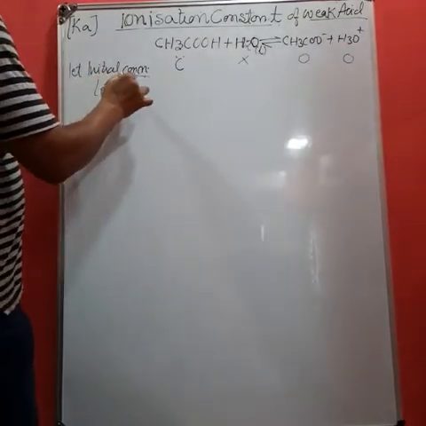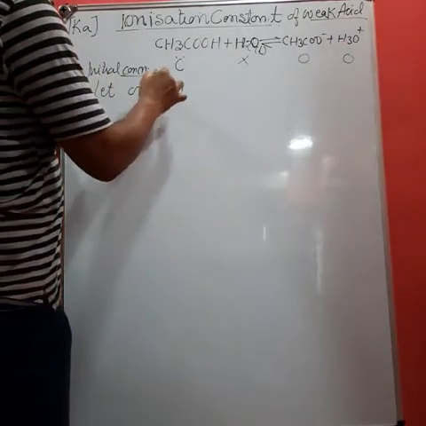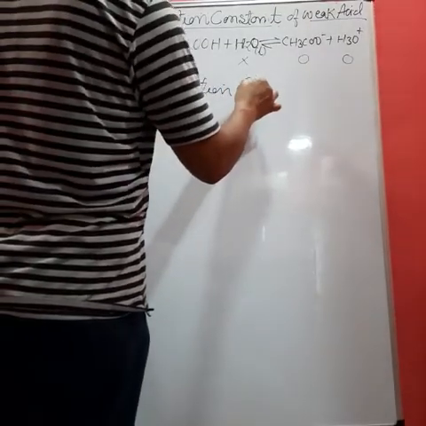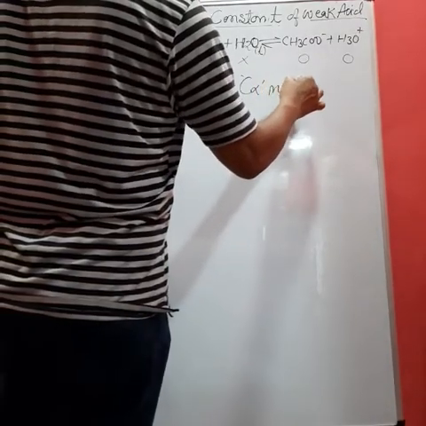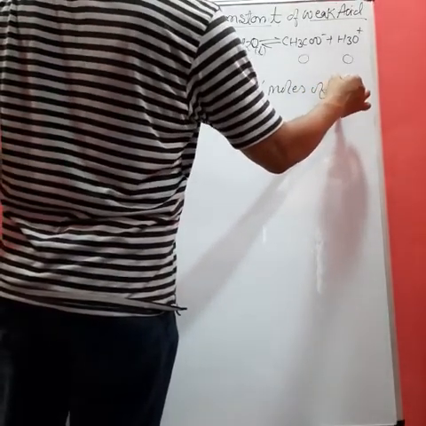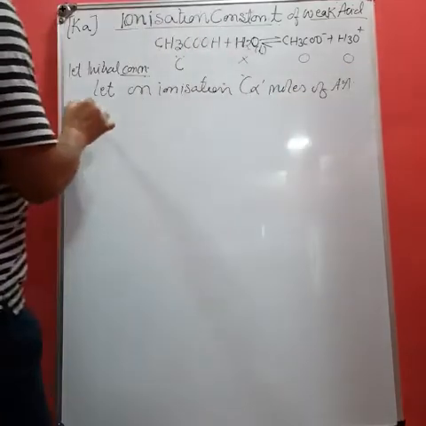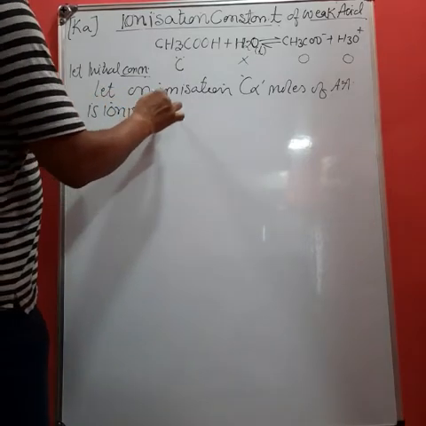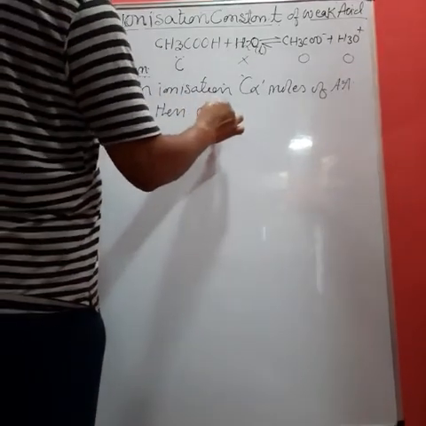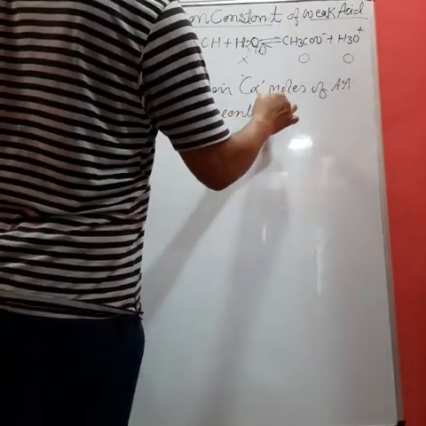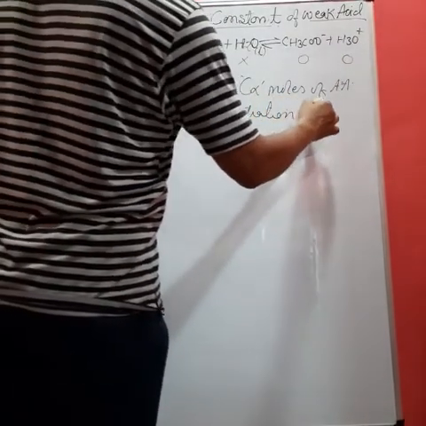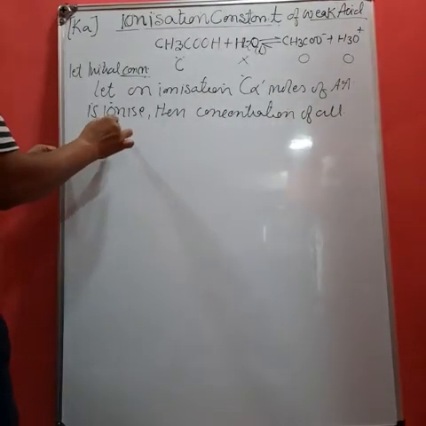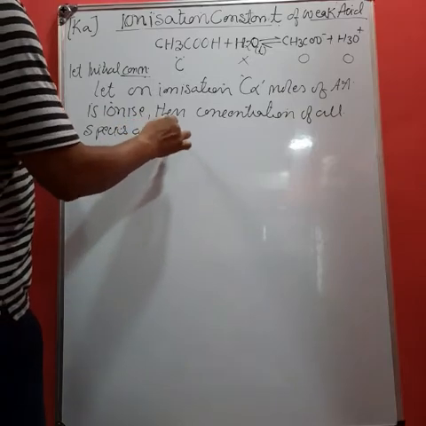Let, on ionization, that is when added to water, C alpha moles of acetic acid be ionized. Then the concentration of all species at equilibrium will be,